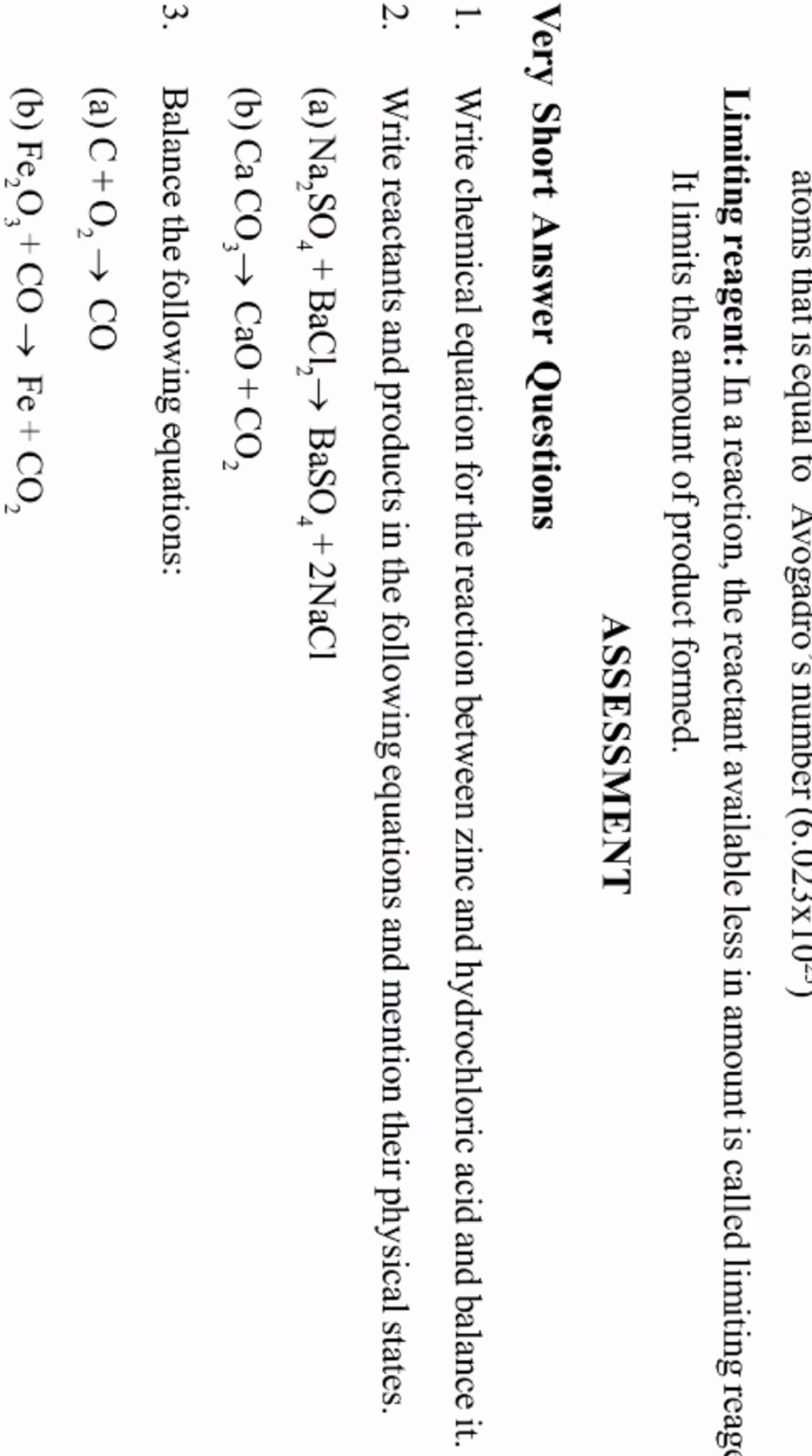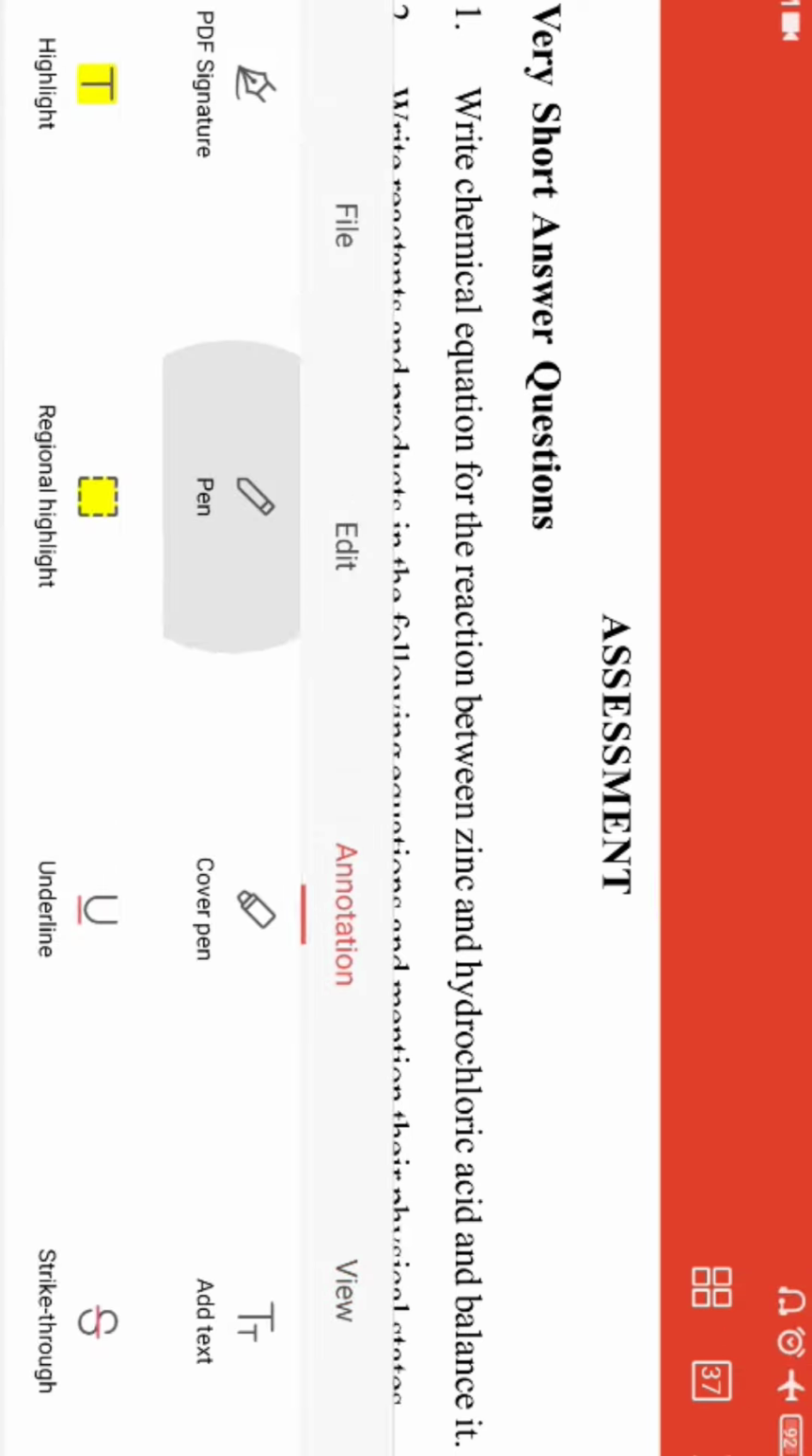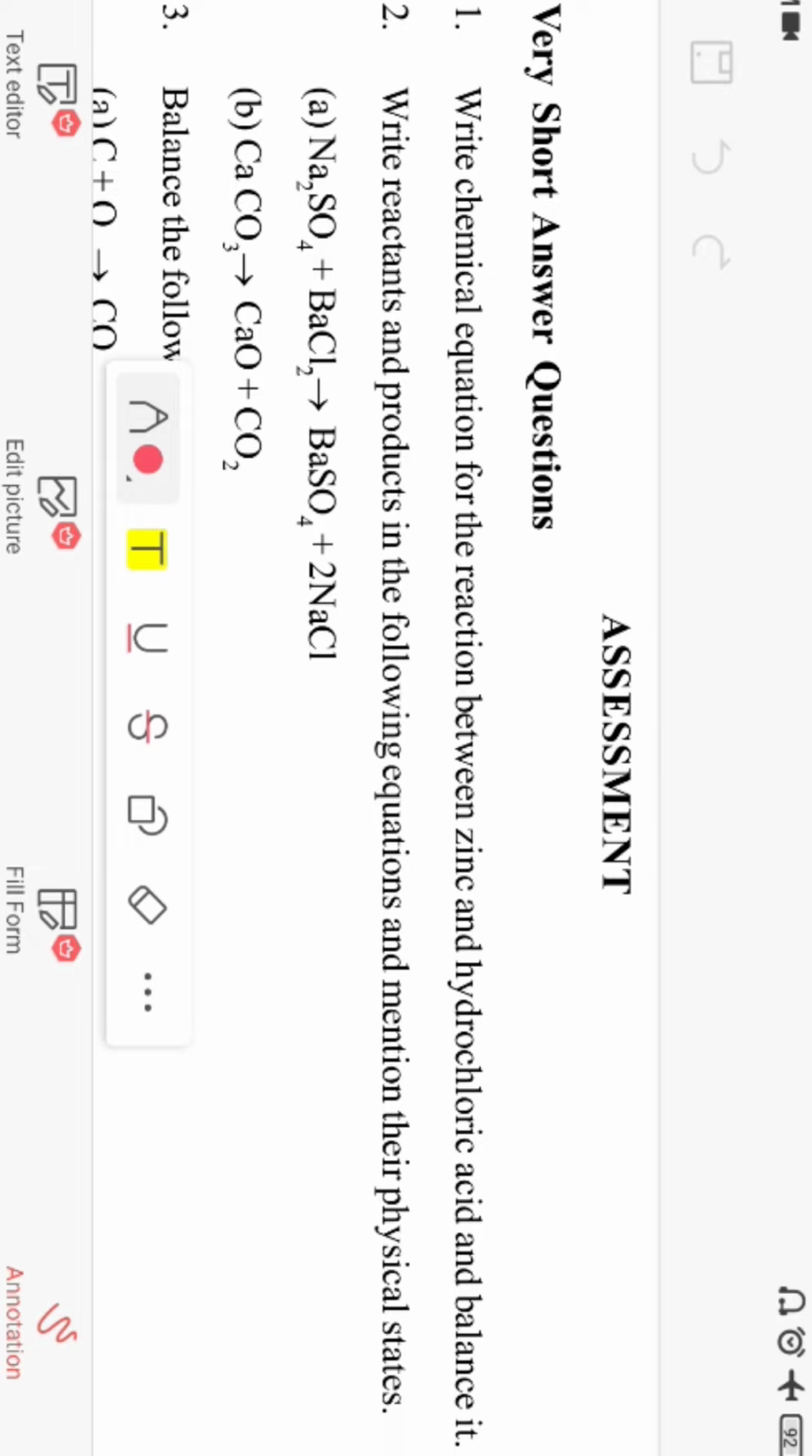Now okay, students, now see the assessment here. Now the important questions I'm giving for you. So here, very short answer questions. The first one is write the chemical equation for the reaction between zinc and hydrochloric acid and balance it. So before I explain, balancing the chemical reaction, that is zinc plus HCl gives rise to ZnCl2